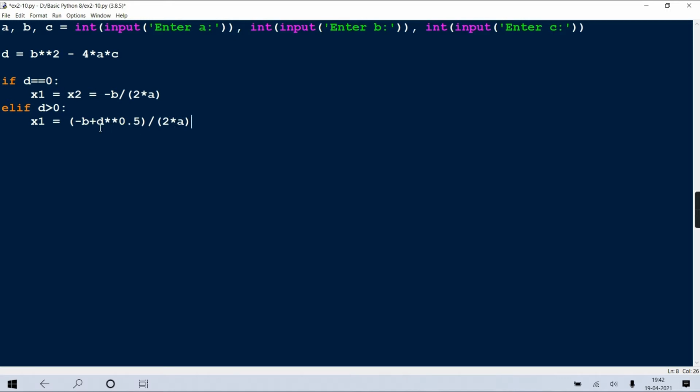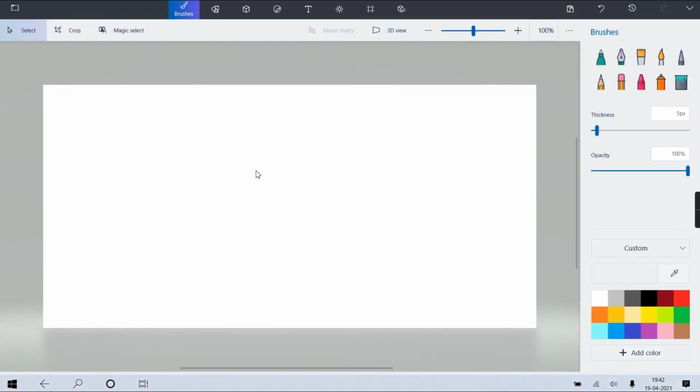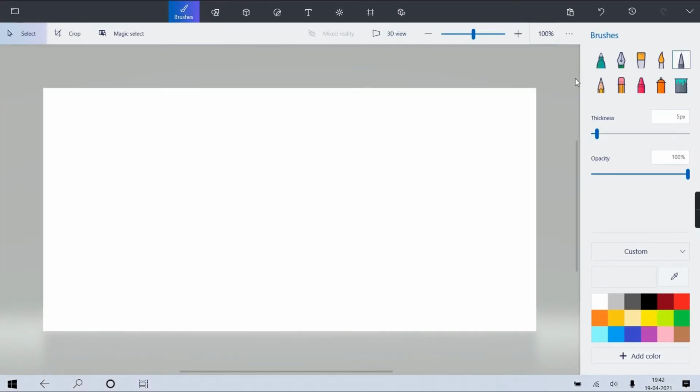D double star 0.5 means D raised to 0.5. Anything raised to 0.5 means square root only. It's a basic maths rule. Whenever you write square root of 6, it is the same as 6 raised to half.